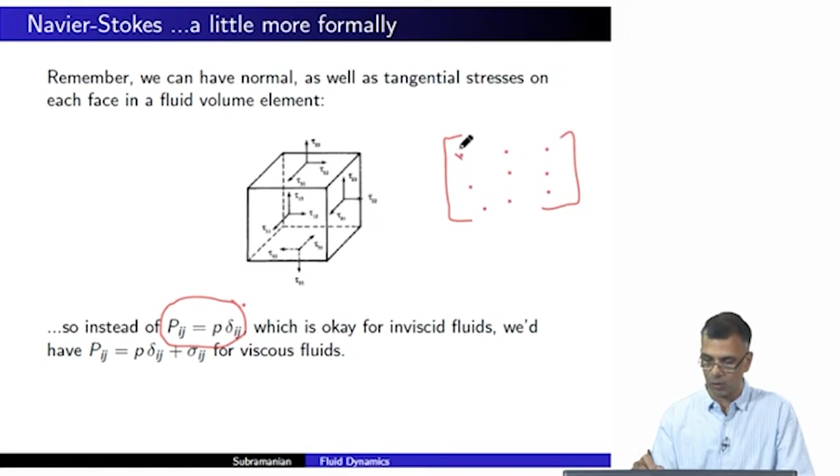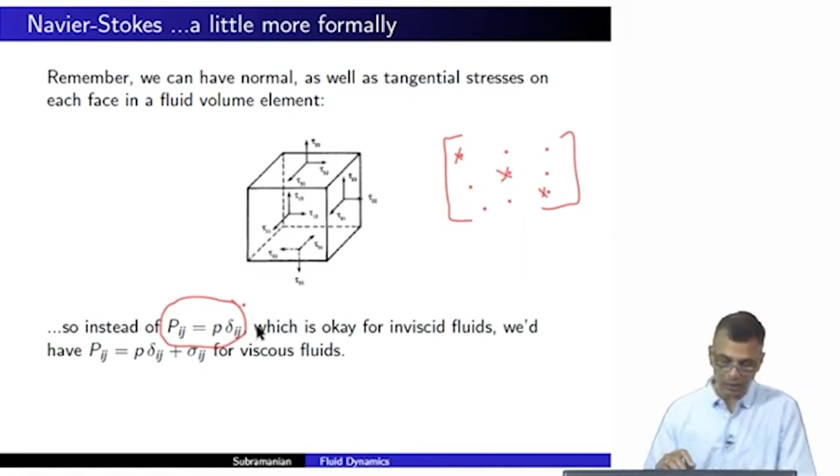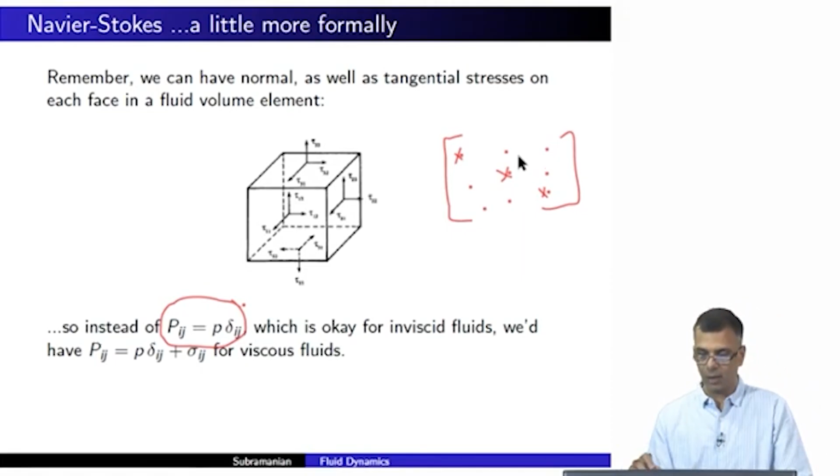So you only had this, this, and this. The rest of them were all 0, right? Which is what this is saying. Unless i is equal to j, you have zeros. When i is equal to j, then you have p, p, p. This is okay for inviscid fluids,